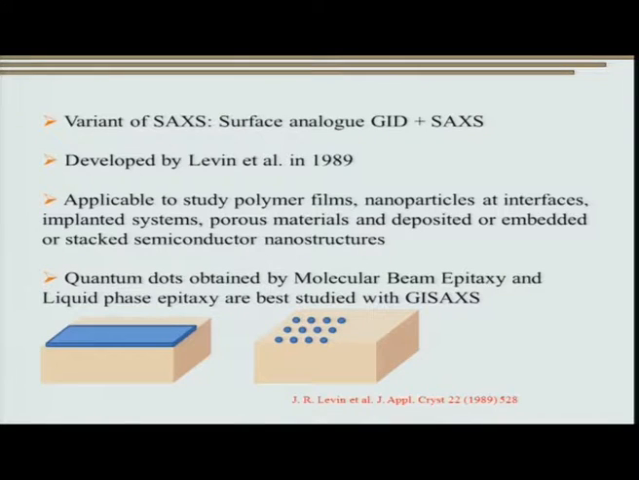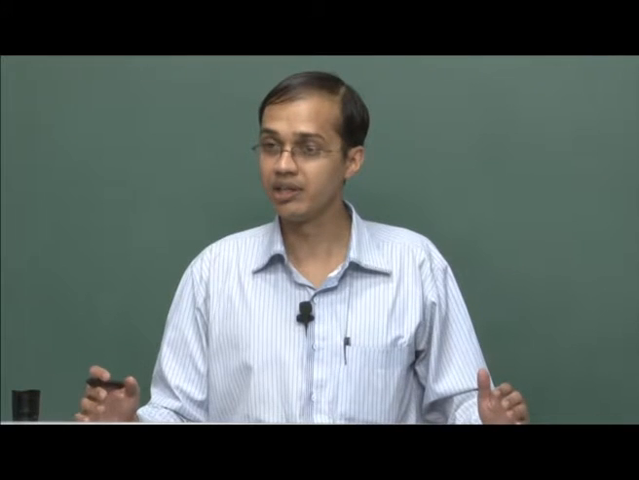So, as I had already mentioned, grazing incidence small angle X-ray scattering is a variant of small angle X-ray scattering, but it is used extensively for carrying out characterization on the surface. It was developed by Levine et al. in 1989. So, you can realize that this technique is not something that is pretty old. In fact, it is less than 15 years that this technique has evolved. However, the development in this technique has been tremendous in the last 15 odd years, and this technique is used extensively in almost all synchrotron sources all over the world,